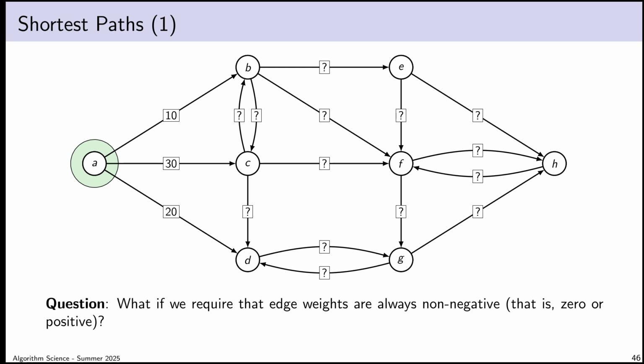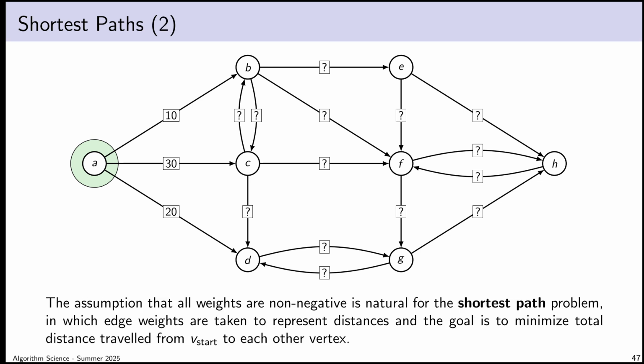Let's assume that there simply are no negative edge weights anywhere. So we're going to assume that all edge weights in the graph are non-negative. They can be zero, they can be positive, but they can't be negative. In that case, the assumption that I made earlier does hold, and also in that case, it is a bit more natural to talk about this as the shortest path problem. If we know that edge weights are non-negative, then the distance-based interpretation does hold up quite a bit better.